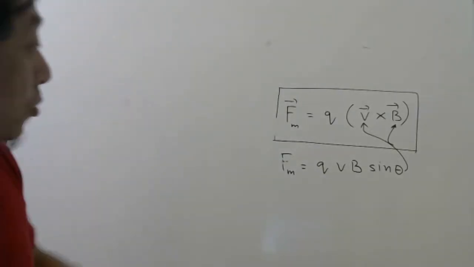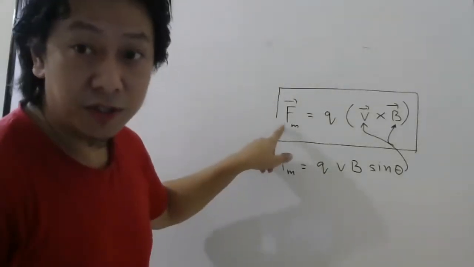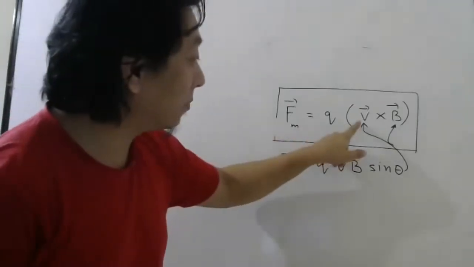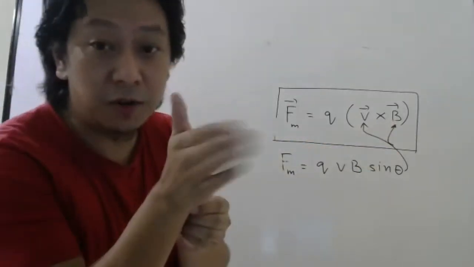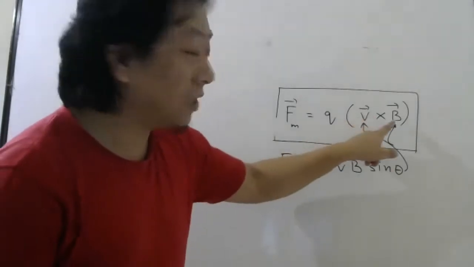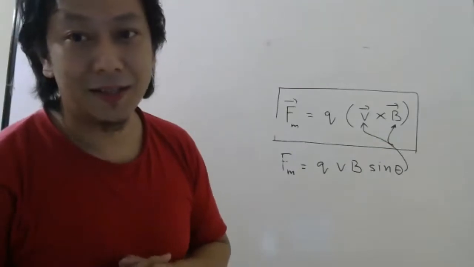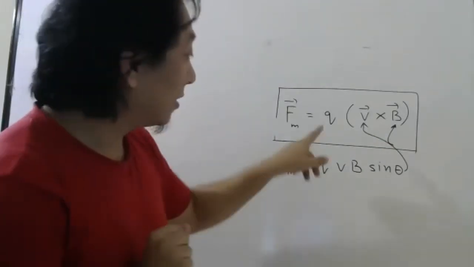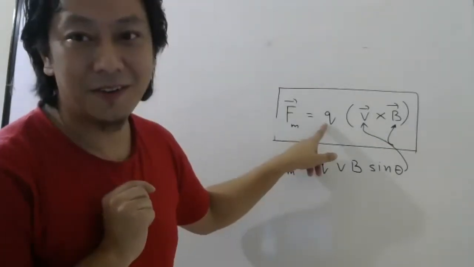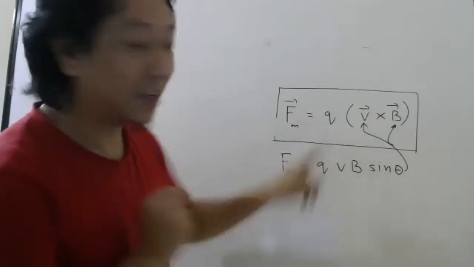Fine. Okay. So to find the direction of the force, which is the cross product of V bar cross B bar, you have to curl your fingers from velocity to magnetic field and see the thumb. But there is a small issue. This charge can be negative also. So if it is